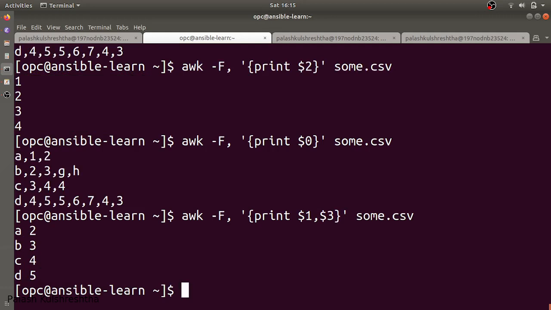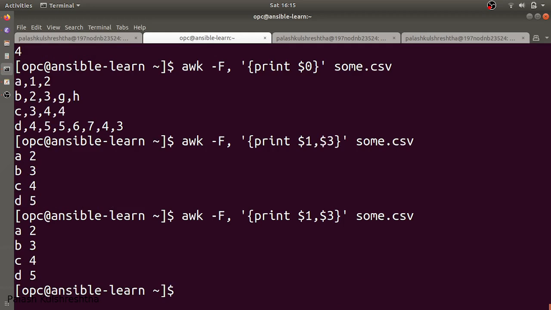Let's say we want to arrange the columns in any other order. For example, we want to have just column 1 and column 3. What we can do is print $1, comma, $3, and it is going to give us only these two columns.